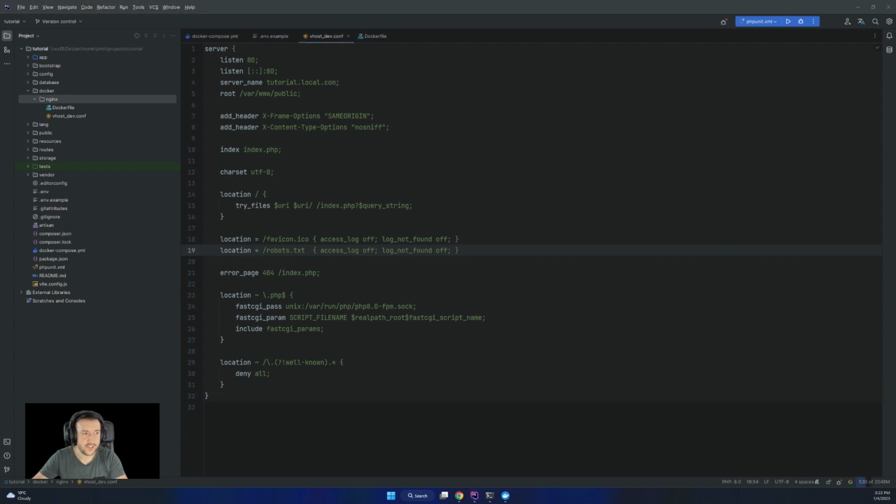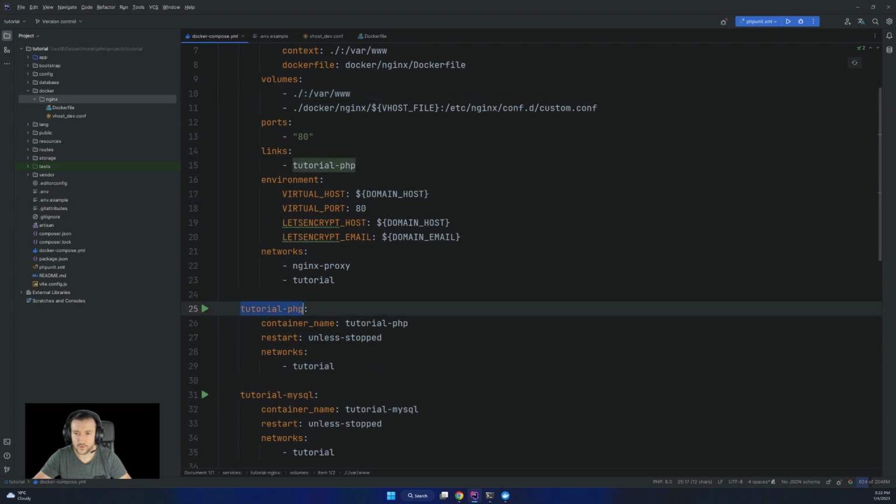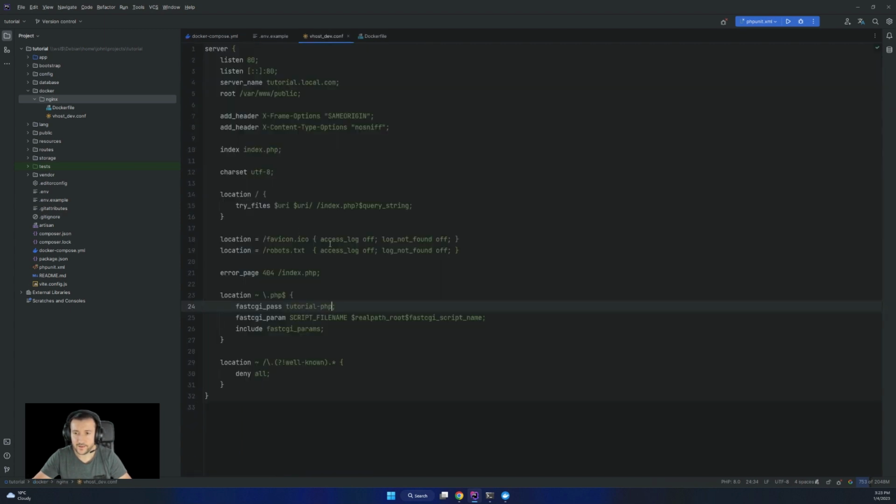That's the thing with fastcgi_pass. We're not gonna use the Unix socket like in here, but we're gonna transfer everything to the PHP container. So in here will be the name of this one, tutorial PHP, and the port will be 9000, because that's where PHP-FPM exposes things. And then these fastcgi params, and yeah, I think that's all.